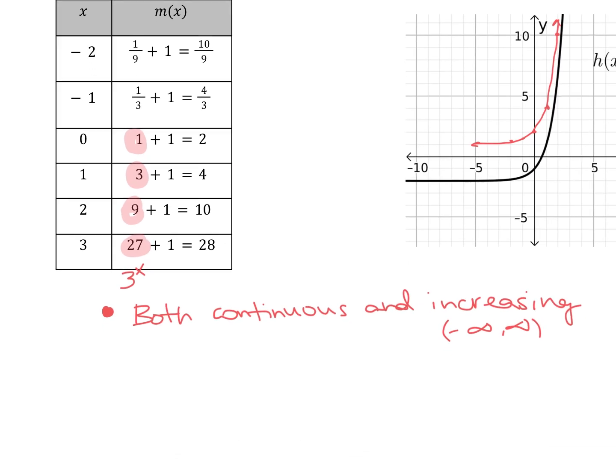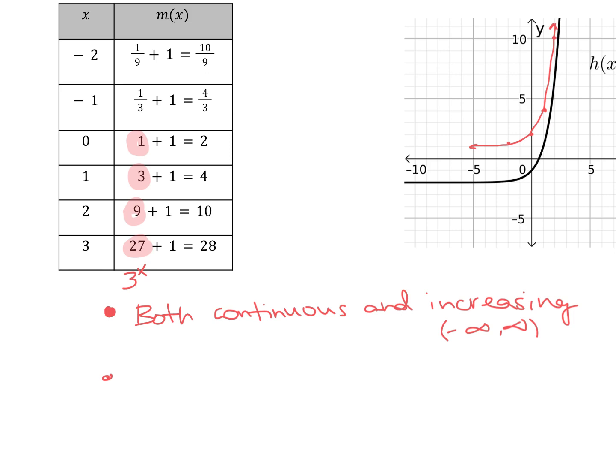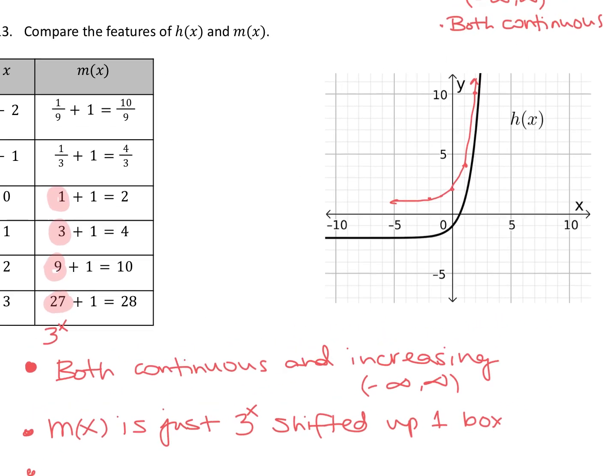So I think that we can say that m of x is just 3 to the x power shifted up 1 box. And then we can say that